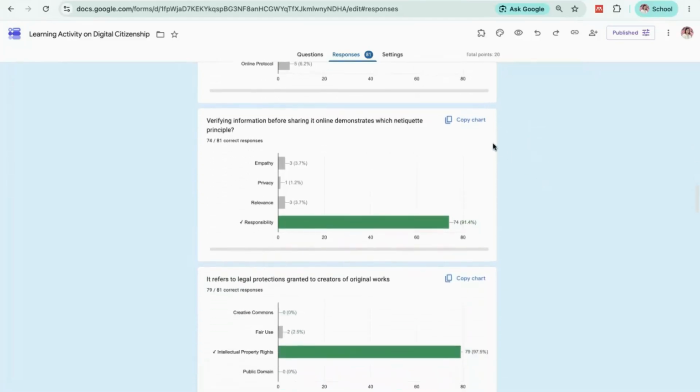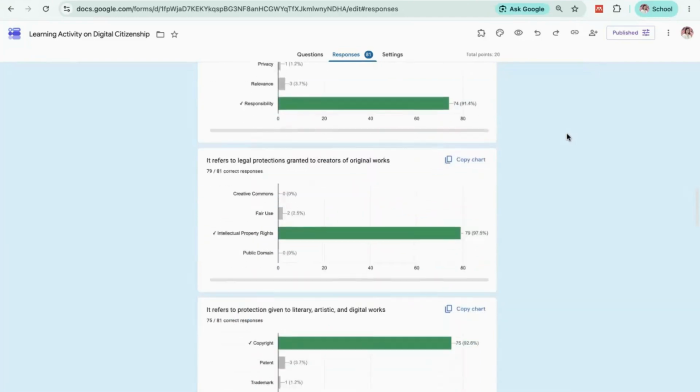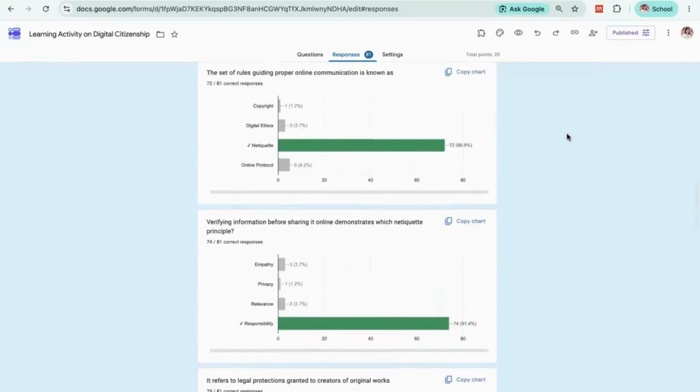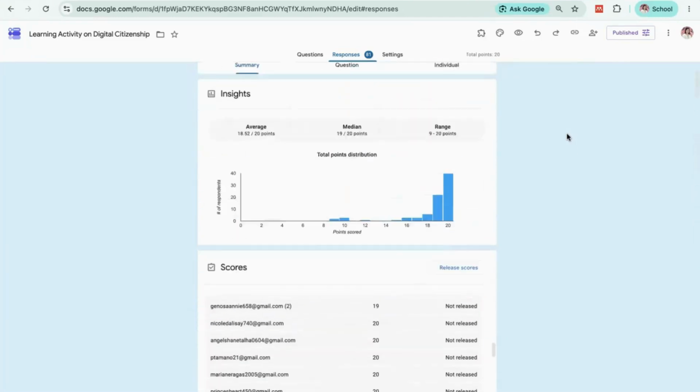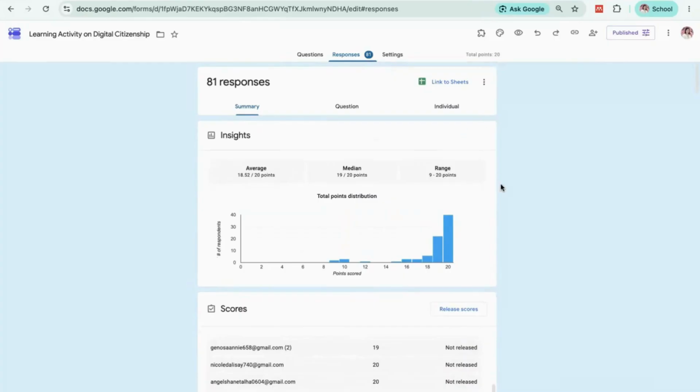If you want to copy the chart displayed in this result, you can just click copy chart and then paste it to Microsoft Word, PowerPoint, or Excel, or whatever application you intend to use for reporting. So that's about the responses of the Google Form.